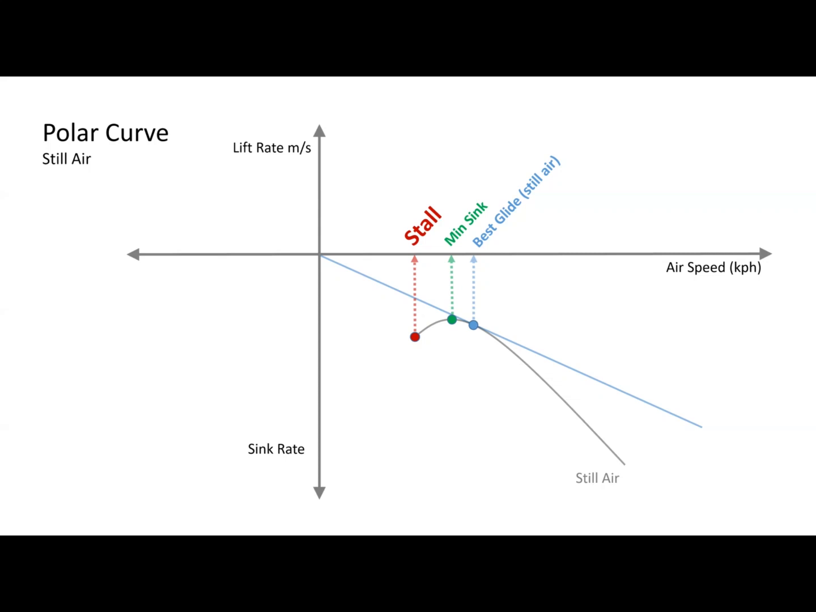You find your stall is on the left, your min sink is in the middle, and your best glide is a little bit to the right. I believe modern wings, these 2 points are getting closer. Older wings, they were wider apart. It's just design and stuff like that. But generally that's the pattern you get. Stall, min sink. Okay, so you can use this polar curve then to work out